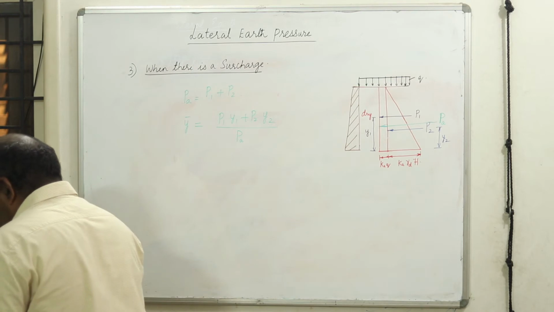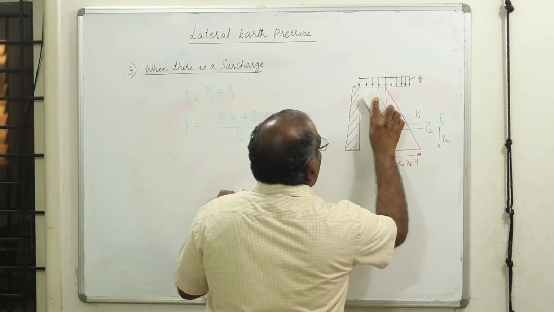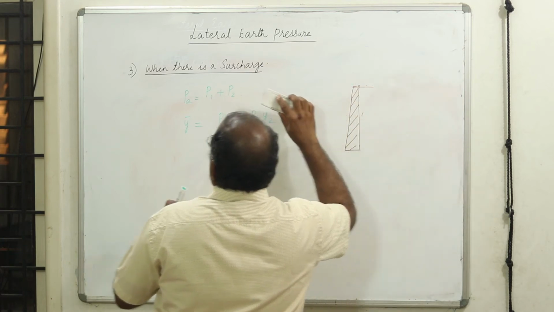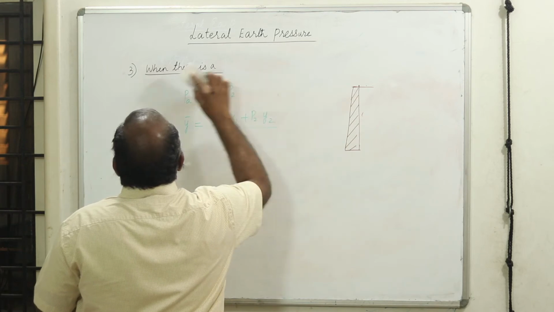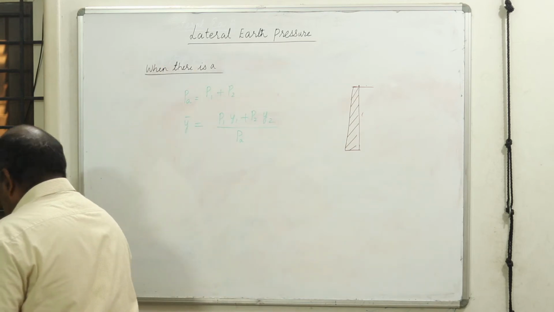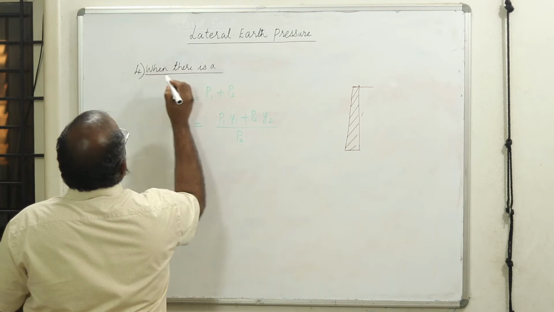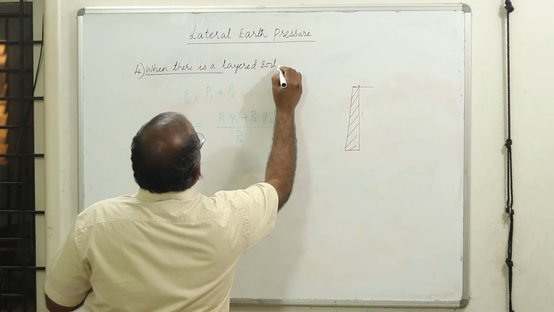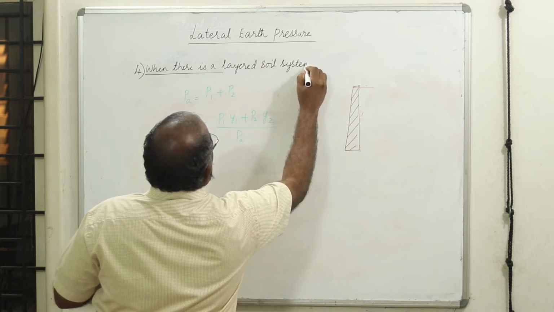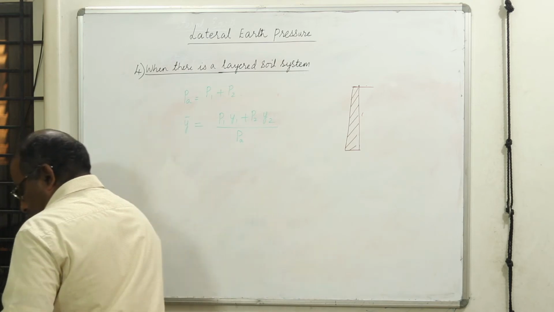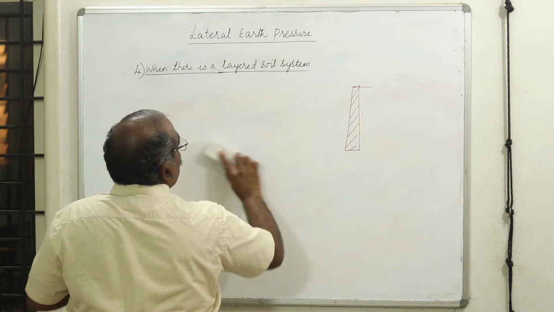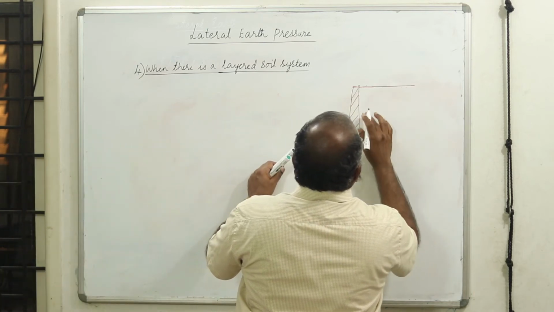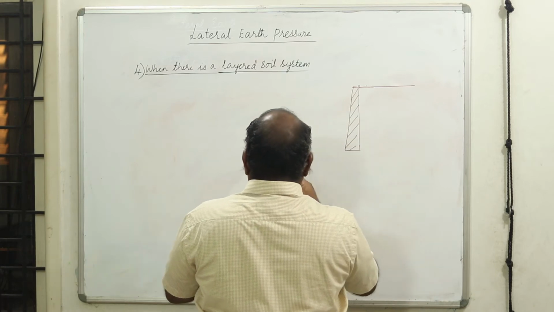Now, in the previous case, sometimes we have layered soils. Now let us try to go to a layered soil. Our case, which we have not listed there, but we'll take up, is a layered soil system. What do you mean by a layered soil system? You have different layers. You have placed 2 layers, something like this.